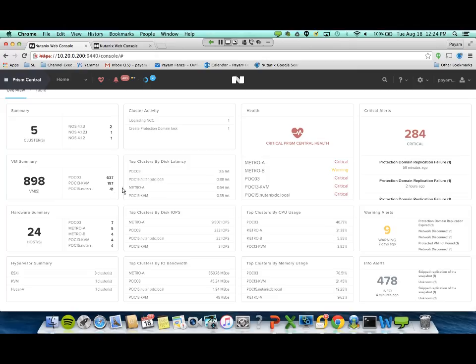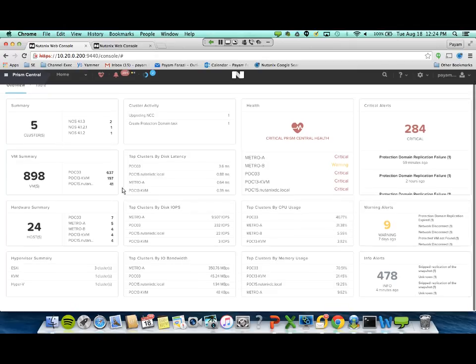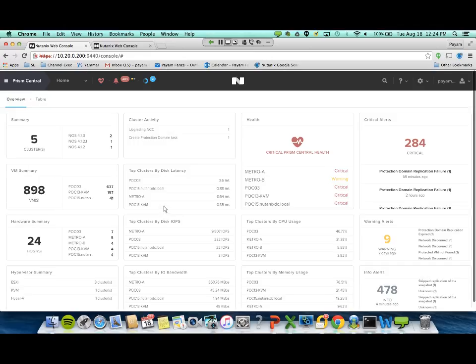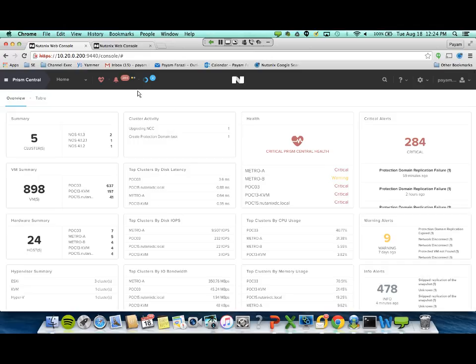So Prism Central gives you the ability to monitor, and of course I've got a bunch of alerts here. This is one of our demo clusters, so Nutanix engineers worldwide are beating this thing up. So please excuse all the critical alerts and such, but it's important to note that this is how we can manage and monitor these clusters worldwide. And that's probably what's most important to customers as they stand up their infrastructure: what's the health of this infrastructure? And so if I do see that